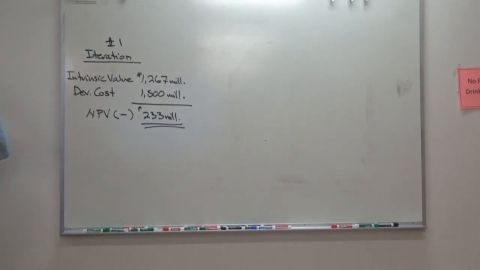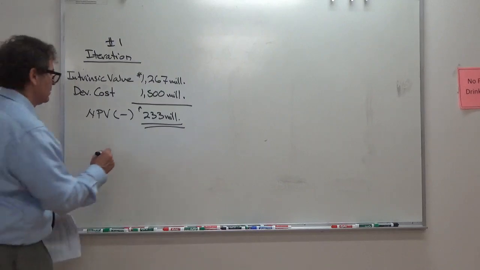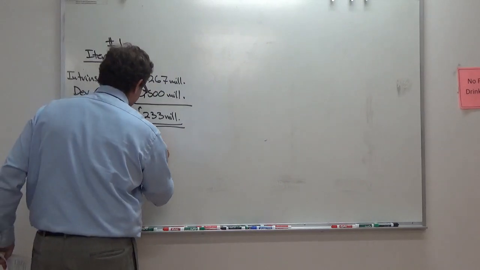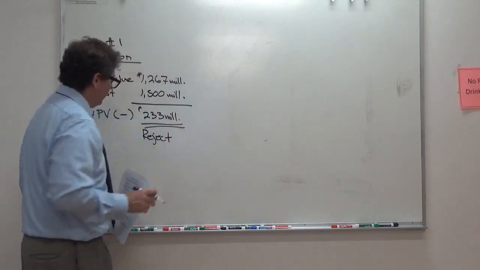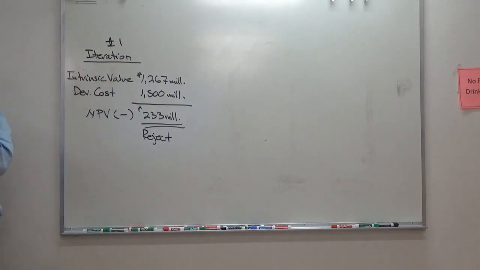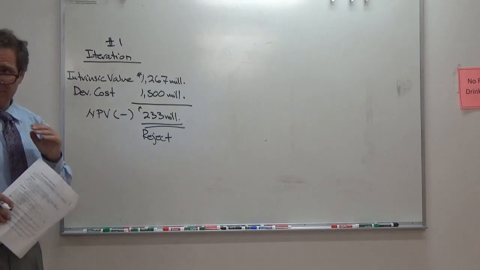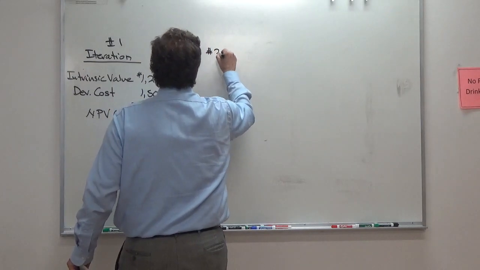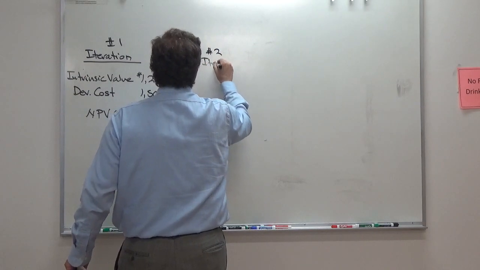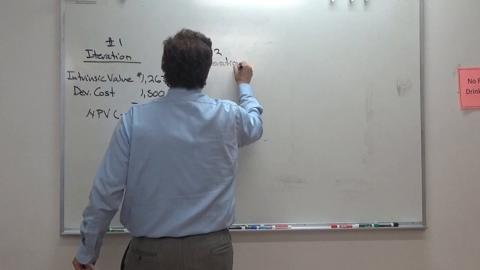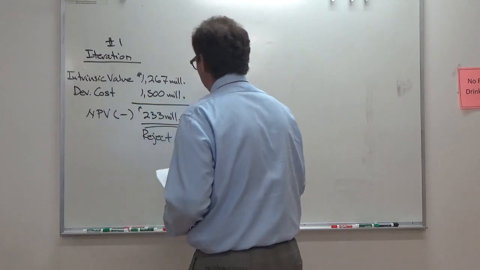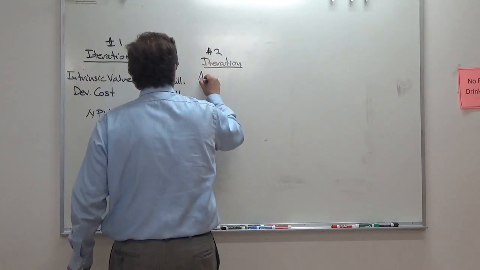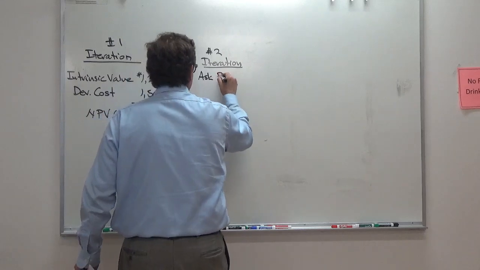Okay. Under this first iteration, would we accept or reject the project? All right, but we really want to do this development. We really want to acquire this building. So what would be our second iteration? That's for 233 million discount. Yeah, we would ask for a price reduction